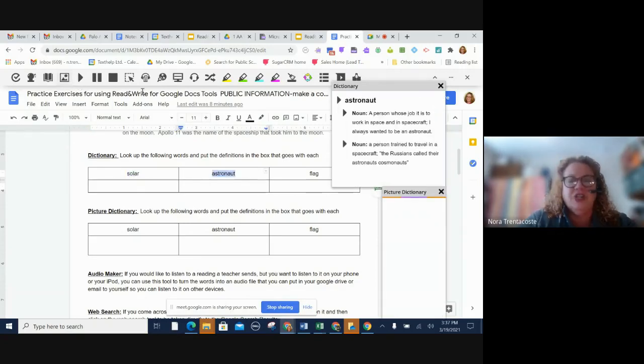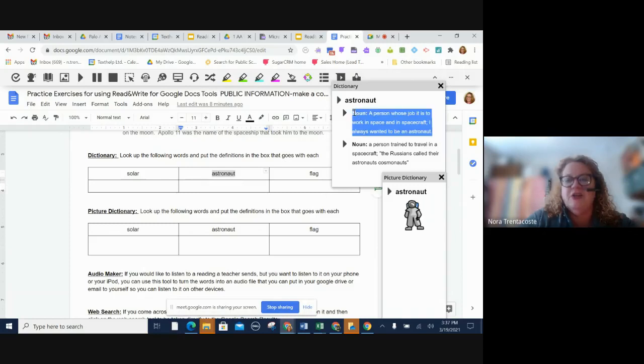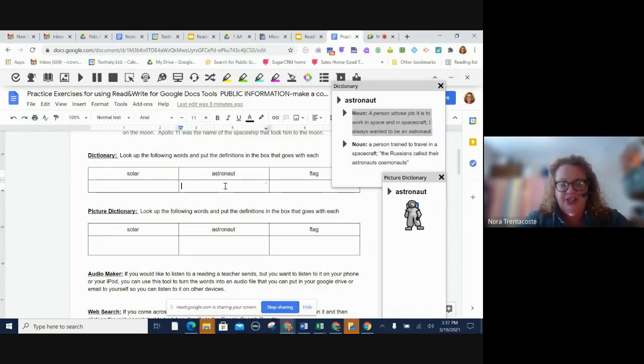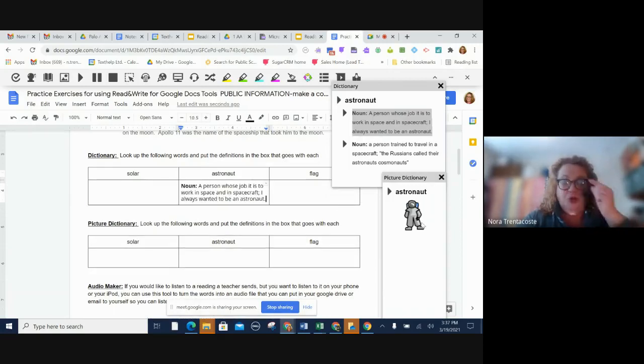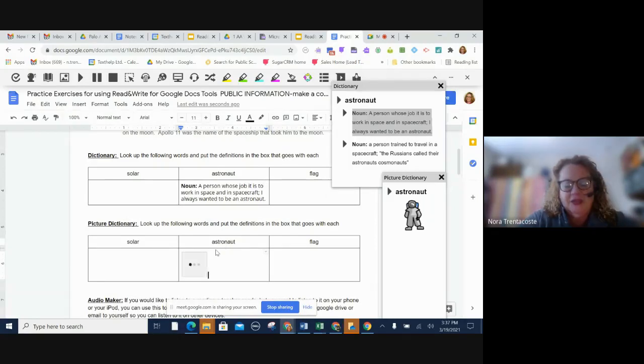So that's the little picture icon right here. And the pictures in here are designed to be appropriate for pre-K into adult. They're sort of generic international symbol type pictures. And in the exercise, she's asking you to cut and paste the dictionary definition, which you can do. But the super cool thing you can do with the picture dictionary is you can just drag those pictures right